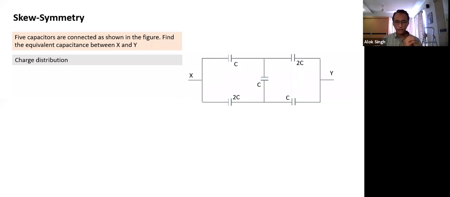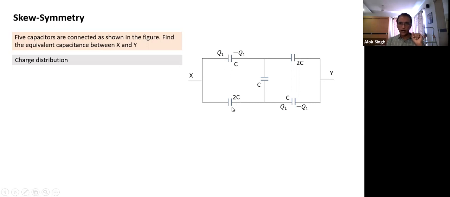First, just look at what happens here. Again, we'll review what has happened and understand better. So let's look at the charge distribution. What assumption are we making? If this one has Q1, this capacitor has charge Q1. I'm assuming the positive terminal is connected to X, plus Q1 and minus Q1. This capacitor also should have a similar charge, so this also should be plus Q1 and minus Q1.